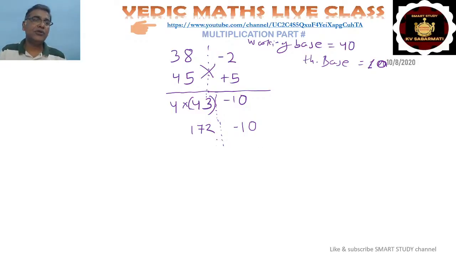So I am taking the theoretical base to be 10, that's why I multiplied by 4. Now here is a negative sign, to make it positive, I will take 1 to that side. If I take 1 to that side, it will become 171. But if I bring 1 to the right hand side, this 1 will become 10, because the theoretical base is 10. If the theoretical base is 100, then this 1 will become 100. But I have taken the theoretical base to be 10, so I will bring 10 to that side. So minus 10 and plus 10, this will become 0.